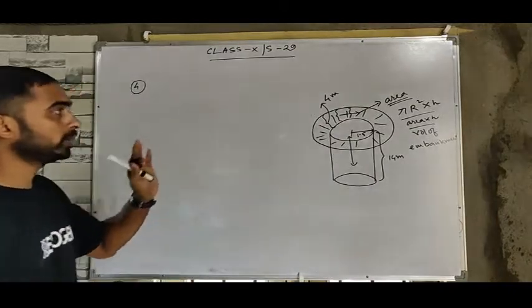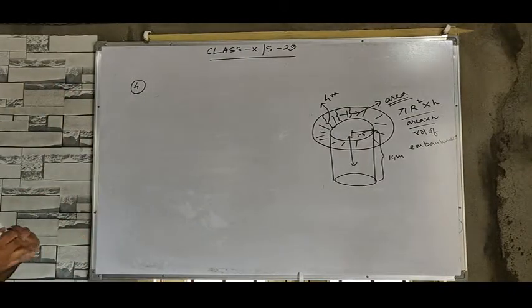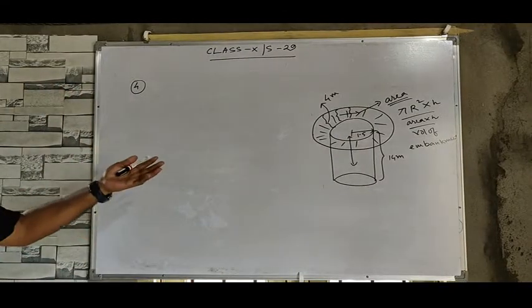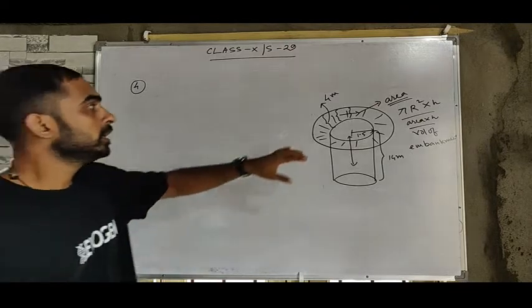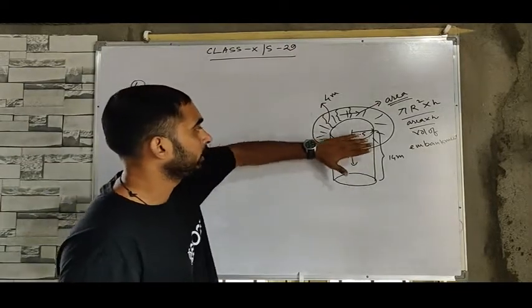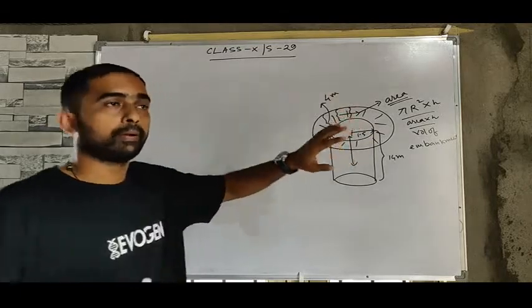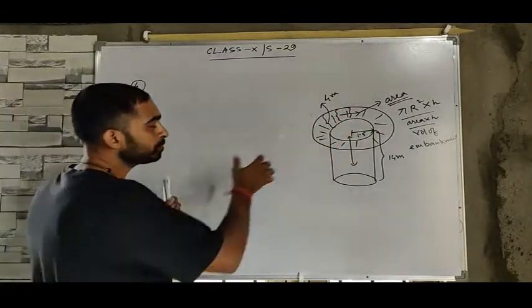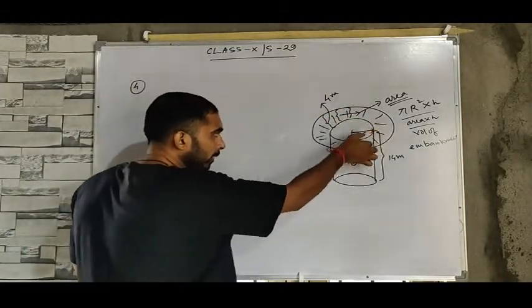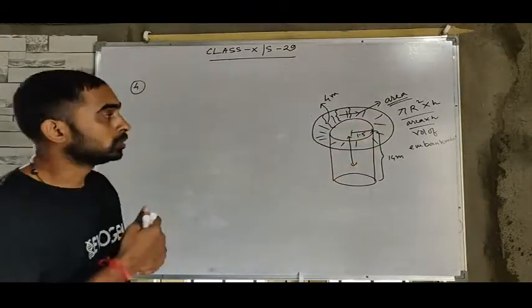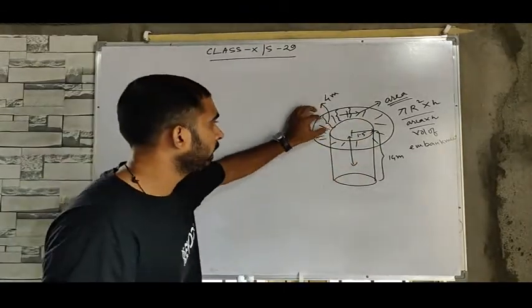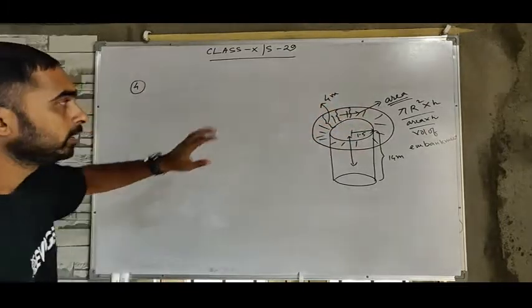So here, what is the first thing? First, we will find out the area of the embankment. Then multiply by the height, and when you put the soil that comes up from the well and spread it over the embankment, then the height will increase. It means volume of the embankment equal to volume of the well. So before finding the volume of the embankment, we have to find out the area of the embankment.